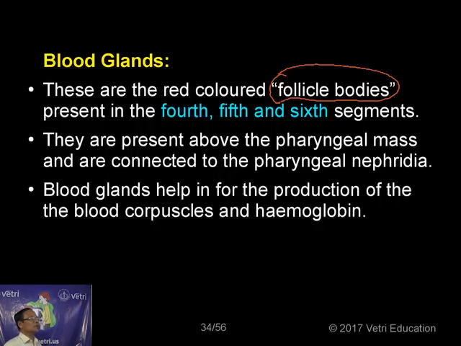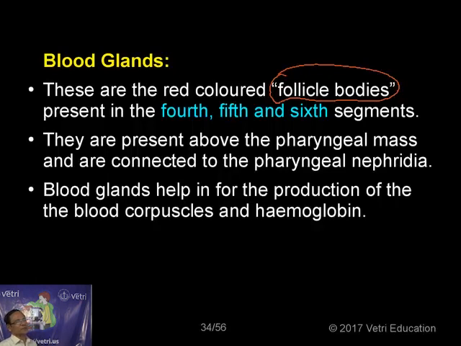So what are blood glands? Red colored follicular bodies. What is their function? Concerned with the production of blood cells, not RBCs, blood cells and hemoglobin. And normally they are present in segments 4, 5 and 6, where you have the pharyngeal nephridia present, the mass. So they are present above what we call the pharyngeal nephridia or pharyngeal mass, and are connected to